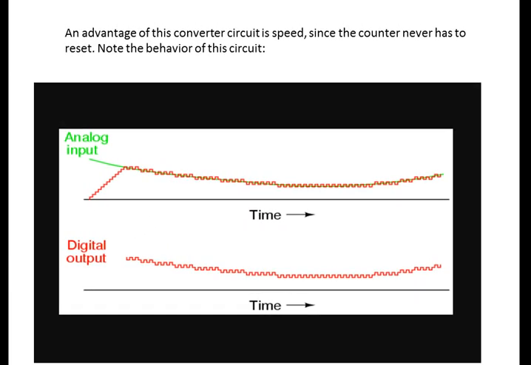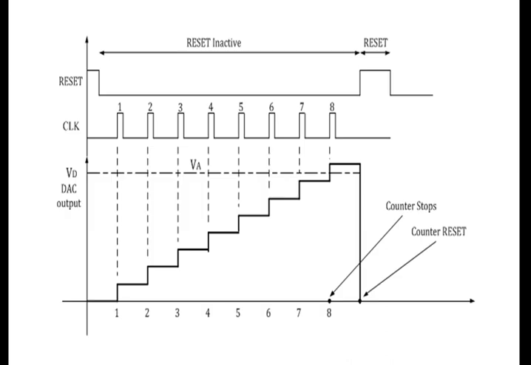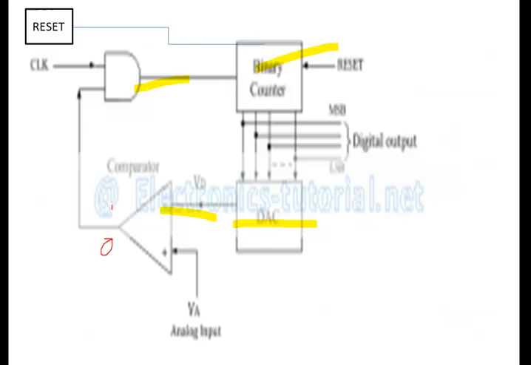So this is the counter type ADC converter. In the counter type ADC converter, we are having the binary counter, DAC and comparator. So whenever we apply the reset signal, the counter value will be 0 and that 0 will be converted to the analog voltage with the help of the DAC, and that voltage is compared with the analog input voltage, and according to that the comparator will give the output. So this has the disadvantage that whenever you want to count a new number, every time the DAC voltage should go to 0.